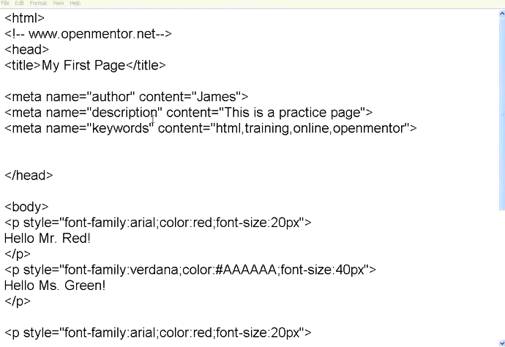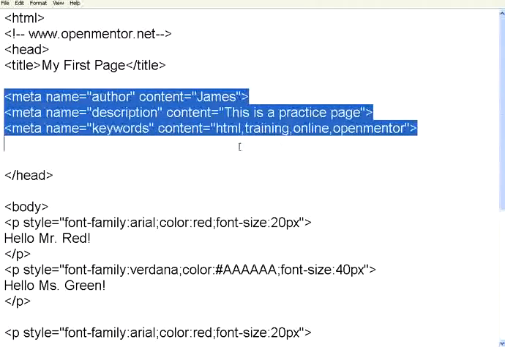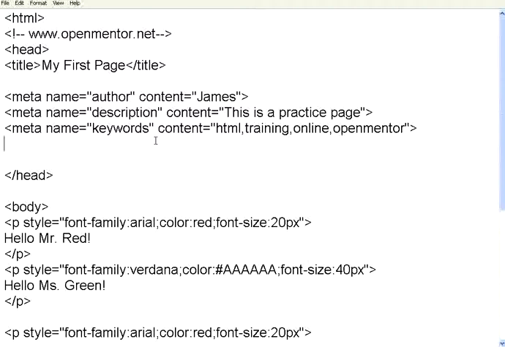Let us focus a little bit on the header side. So far we have focused mostly on the body side of the HTML page. On the header side we have something called meta tags. These meta tags are useful for documentation purposes or search engine purposes. Anything apart from the title will not appear on the browser page. Whatever you have given as meta tags will not appear in the page as content.